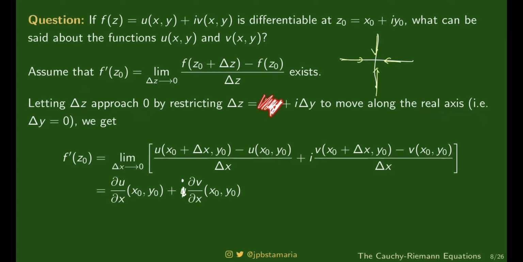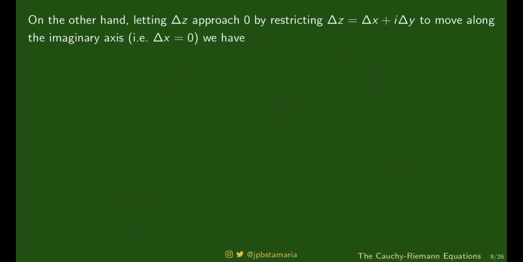Okay? Ngayon, kung yung limit na ito yung nag-e-exist, dapat whether you approach 0 from the real or 0 from the purely imaginary axis, whether wherever you approach 0 from, dapat pare-parehas yung lalabas na limit. Right? Okay. Tingnan natin. You can also write the partial derivatives in this way if you're not comfortable with writing this. If that is too big. Now this time, I will let delta z approach 0 by restricting delta z to move along the imaginary axis. This case, ito naman yung 0.